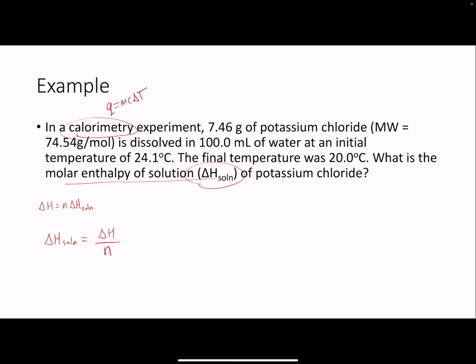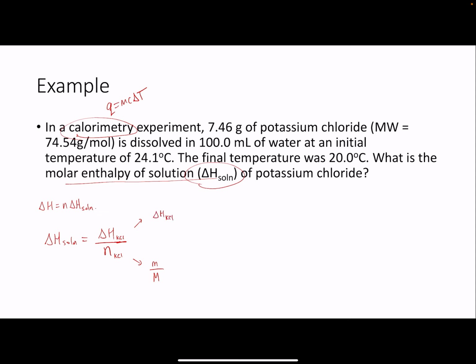So given this, because we're talking about potassium chloride, this is going to be the moles of potassium chloride and the enthalpy change of potassium chloride. For the number of moles, we'll do this in steps. We know that it's equal to the mass divided by the molar mass. We defined that previously. Now for the top here, because it's a calorimetry experiment, we know that delta H of